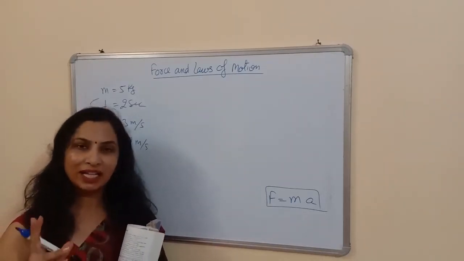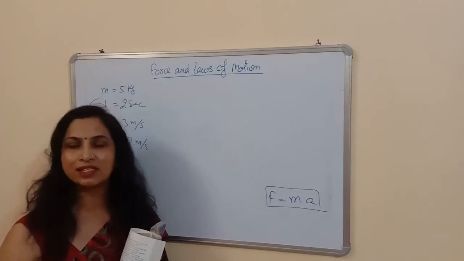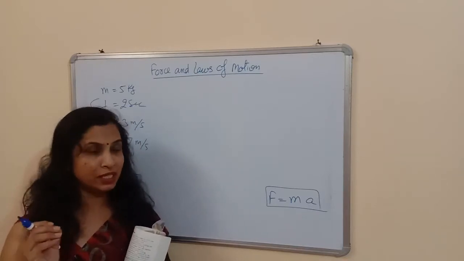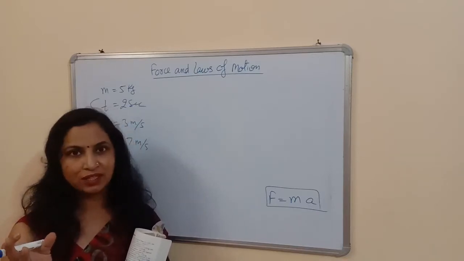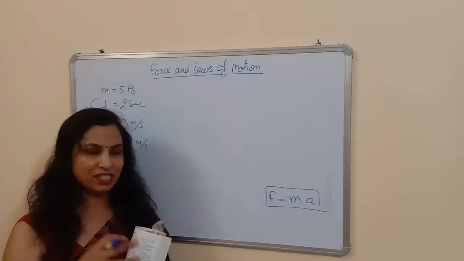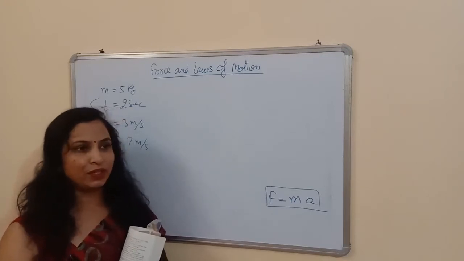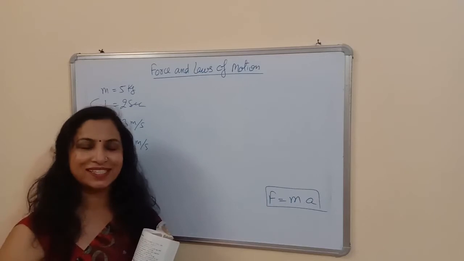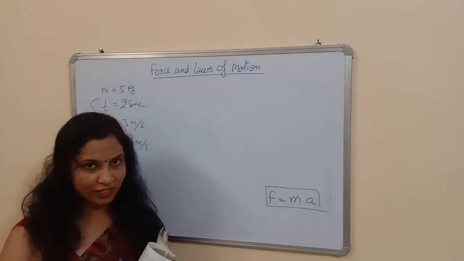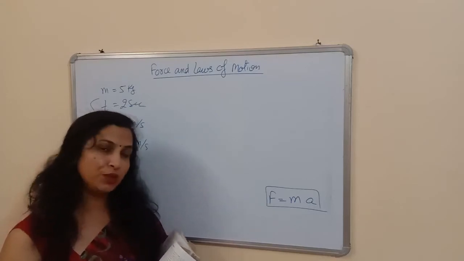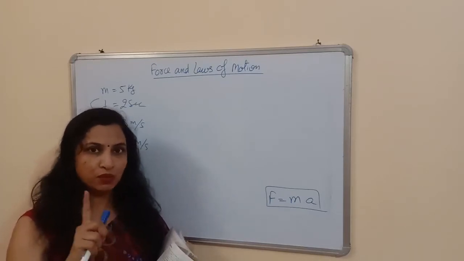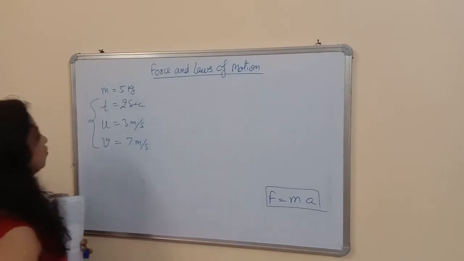So first, by using these terms, we will find the acceleration. We have two methods of finding the acceleration. Either we use the formula for acceleration, that is v minus u upon t, or otherwise you can use the equations of motion. I think it is the best way to do the question. The first equation of motion is v is equal to u plus at. The second is s is equal to ut plus half at square, and the third is v square is equal to u square plus 2as. I told you that all the other chapters are based on the first chapter, so you should be clear about the first chapter.